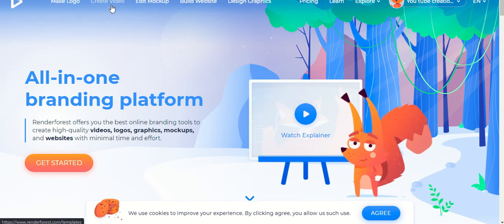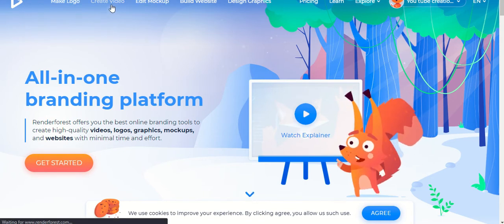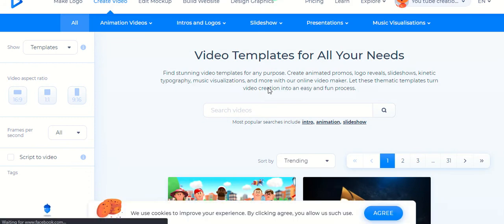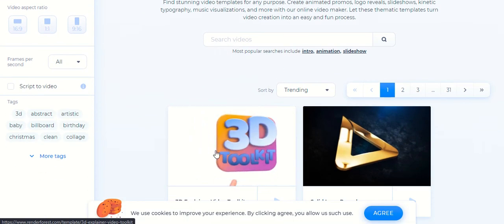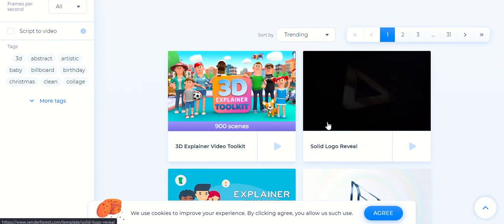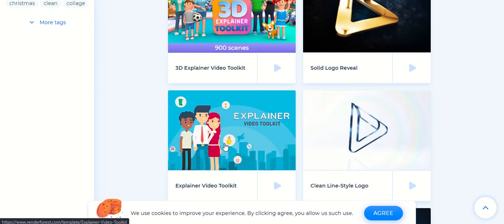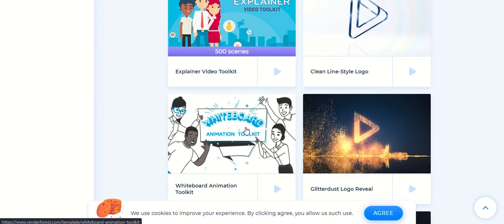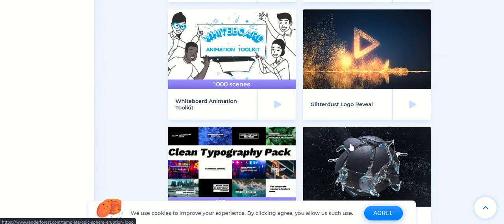For example, let me click on create video. You can create a video like this: a 3D toolkit explanation, solid logo reveal, explanation video toolkit, whiteboard animation, and so many things you can do.